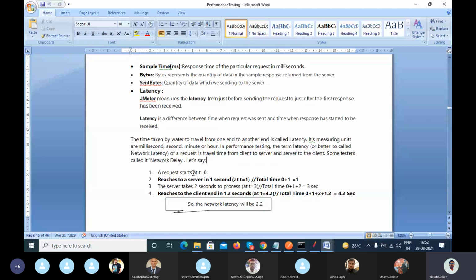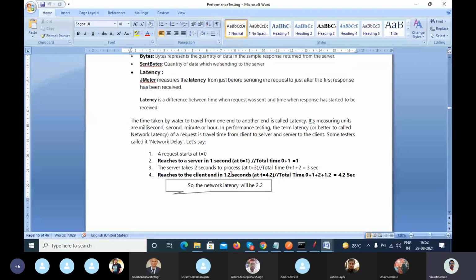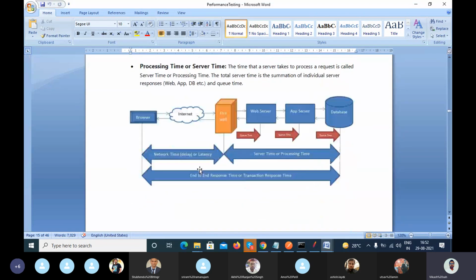We started at give me a second. What example I have taken here? Reach the server, 1 second. Give me a second. In the diagram,